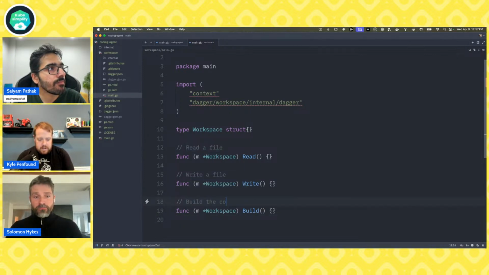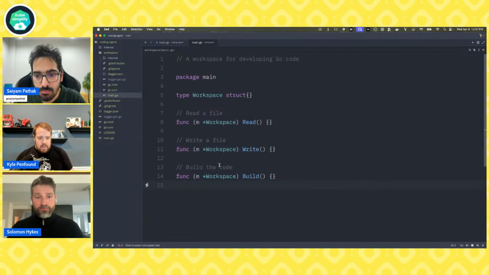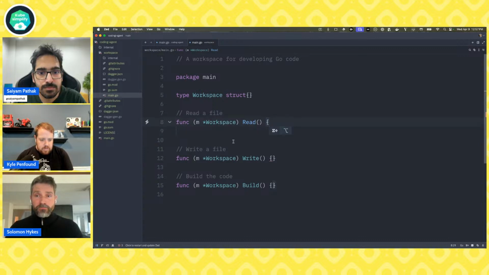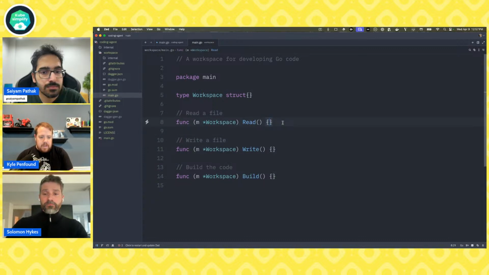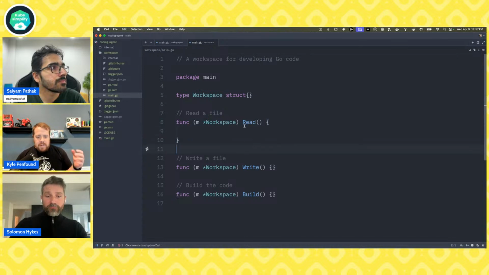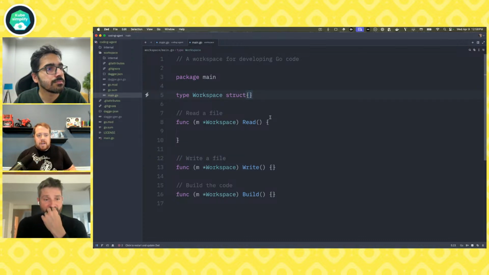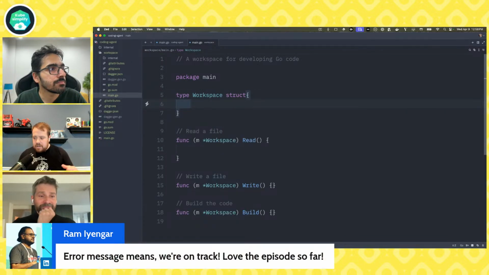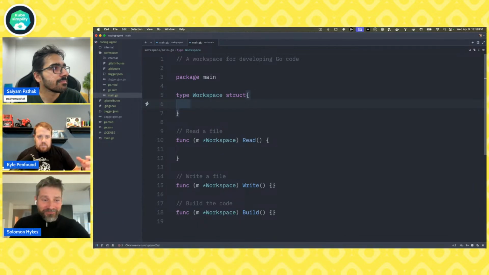And this is build the code. So yeah, we'll see this in action once we create some of our code. So first of all, we need some state for the workspace where we're reading files from, writing files to, and actually building. And that state could be anything. It could be a Dagger directory. It could be a container. So in this case, let's actually use a container, so that's going to be the thing tracking our state as the LLM's working on the code that it's developing.